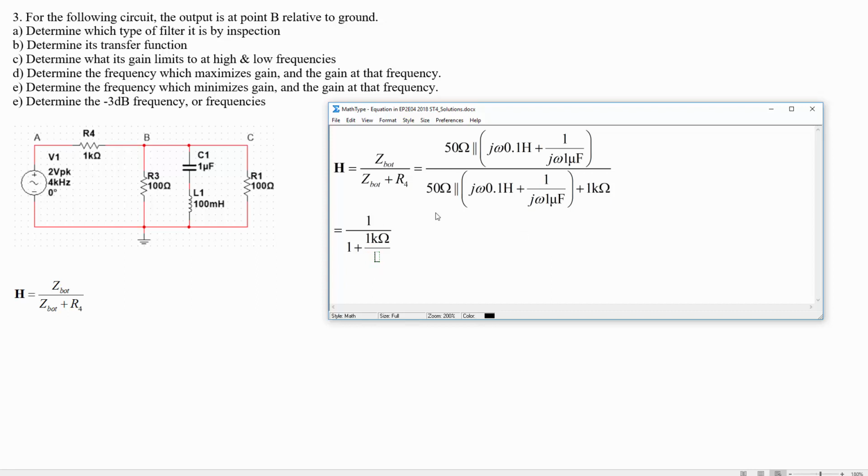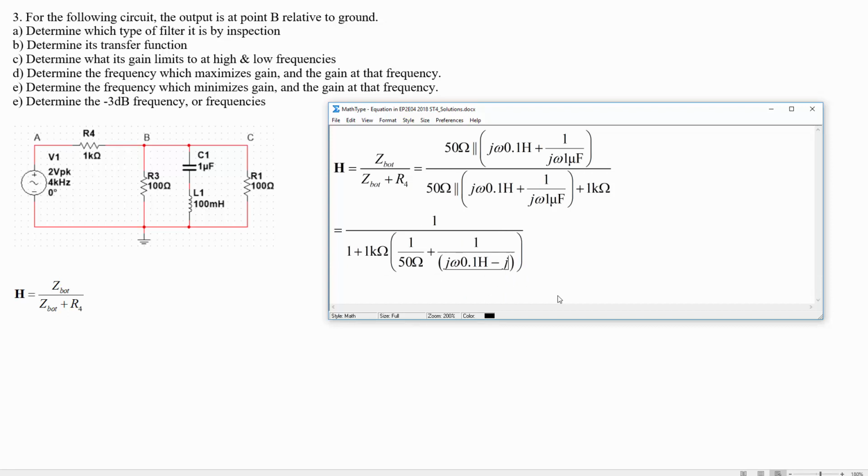Well, hold on. We would have been dividing by this impedance, and that means we would have 1 over 50 plus 1 over this thing. So we're just going to end up multiplying by 1 over 50 ohm plus 1 over those two in series, j omega 0.1 henry plus, or maybe minus,